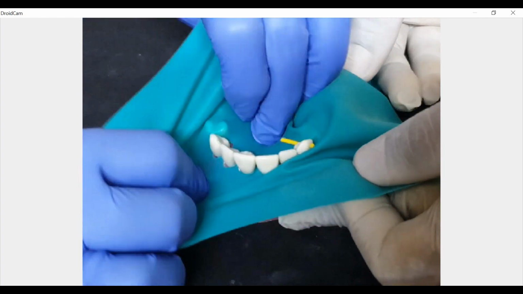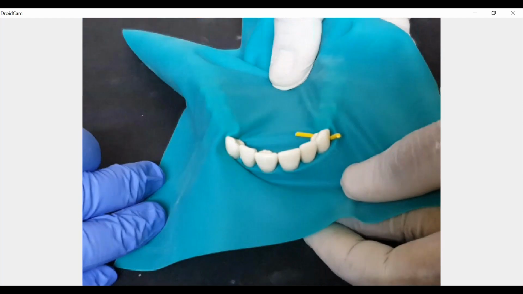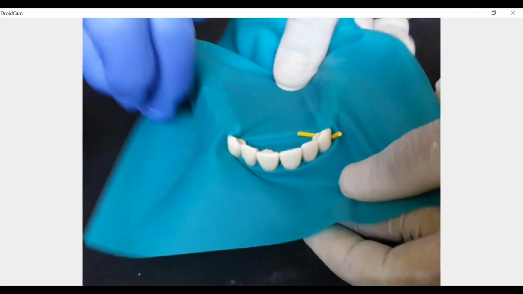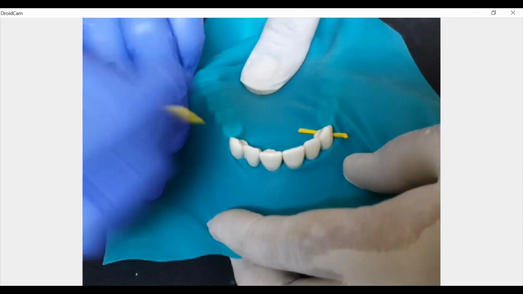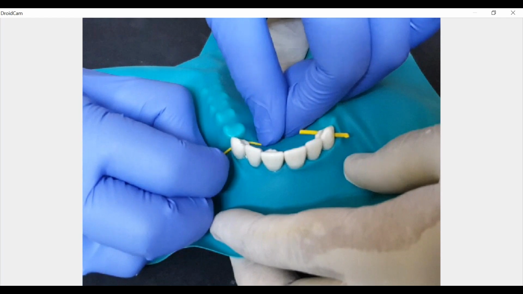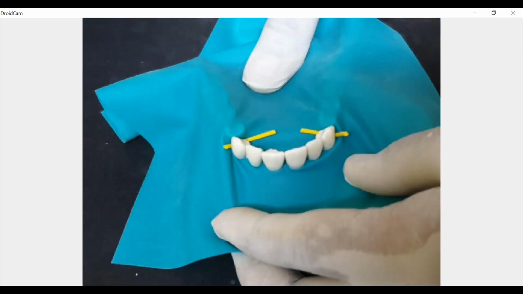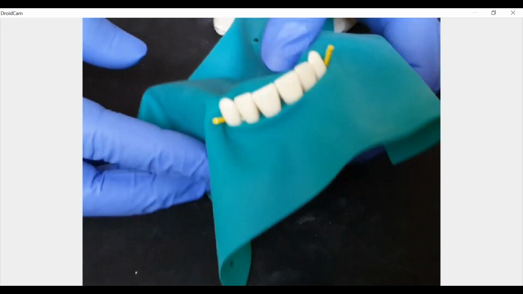So this is one thing. We have completed our isolation from one end to the other. Always before engaging the wedget, make sure your assistant is trained to stretch the dam well, and then you can engage the wedget. Once you have stretched the dam and engaged, the next step will be to look for